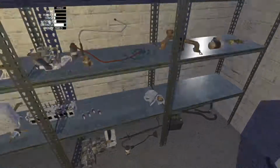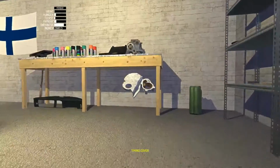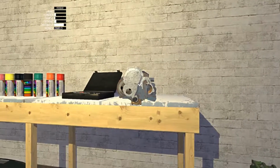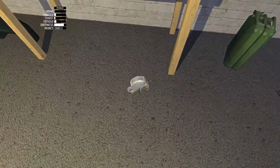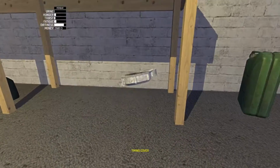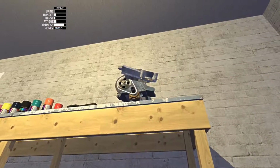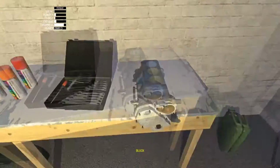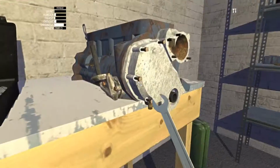The timing cover. Yep, totally goes on the floor right there. Totally where it belongs. Oh, and now it's really lopsided. But it doesn't matter, it still goes on. And...